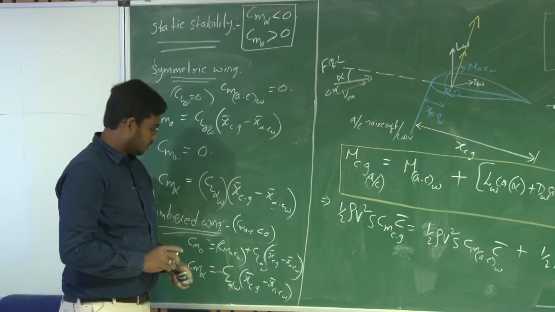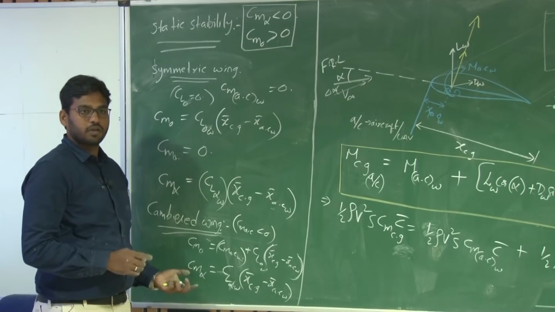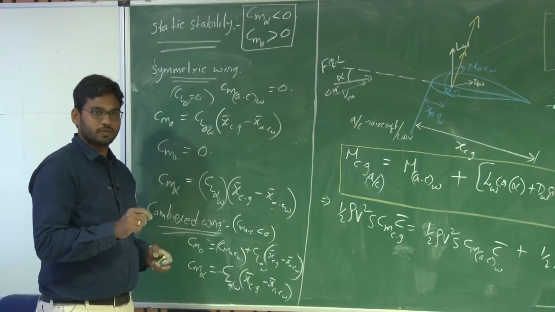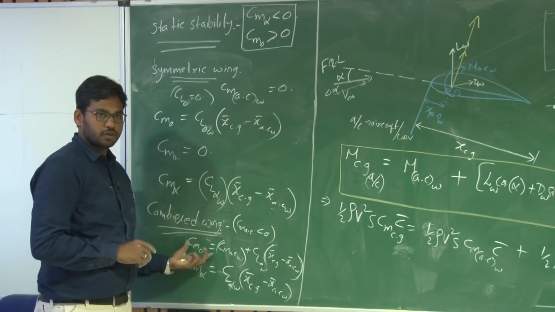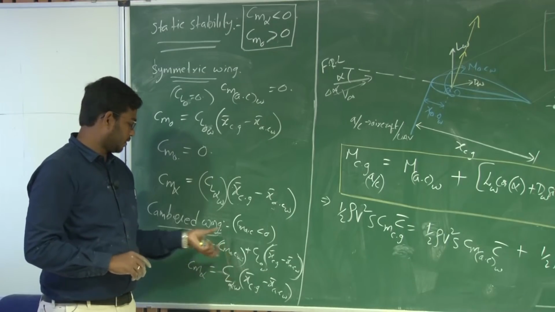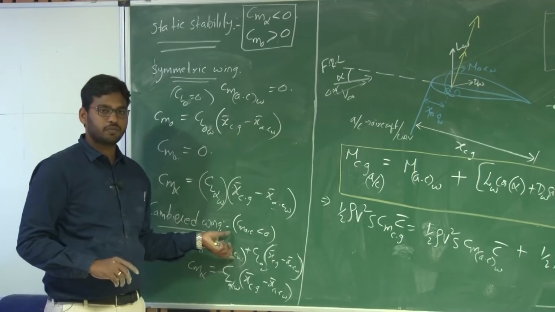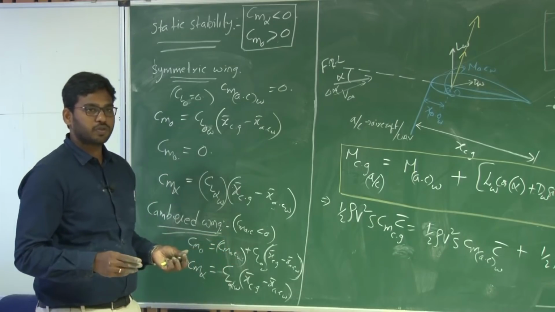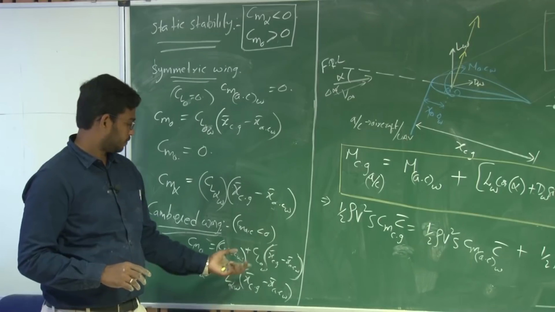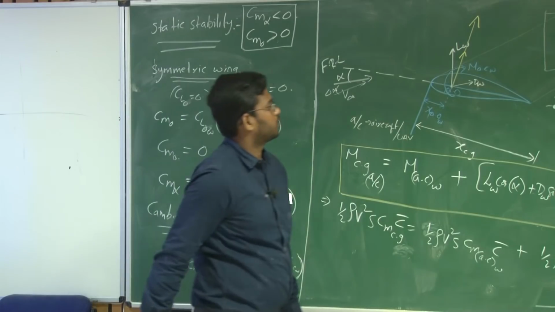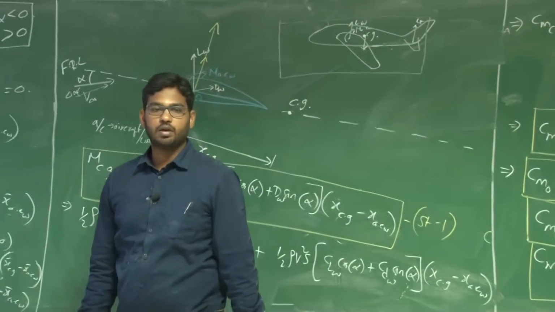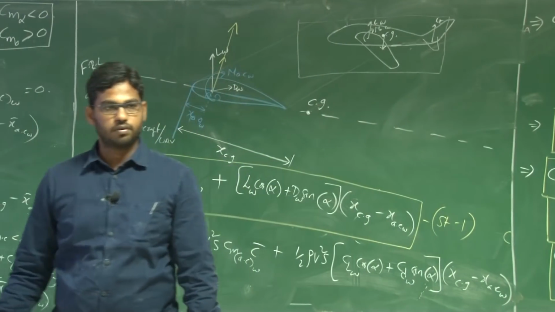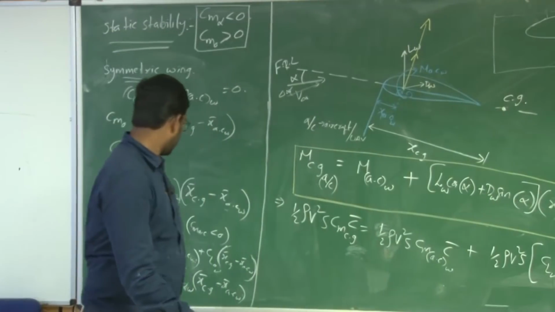Okay. So otherwise you have to hold elevator up continuously. Got it, right? So for a wing alone configuration, to make it stable, you need to use a reflex aerofoil where the Cmac is positive in that case. So one such reflex aerofoil is NACA 23112. You can note it down. So NACA 23112,